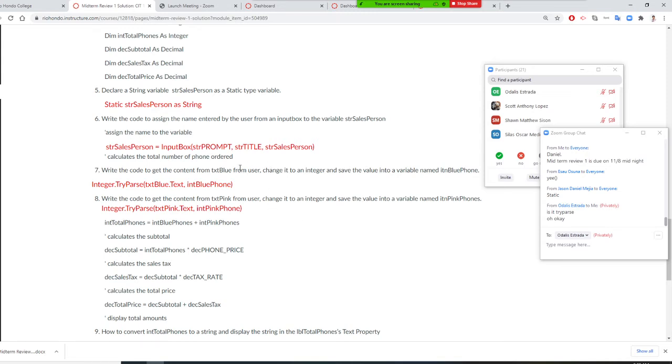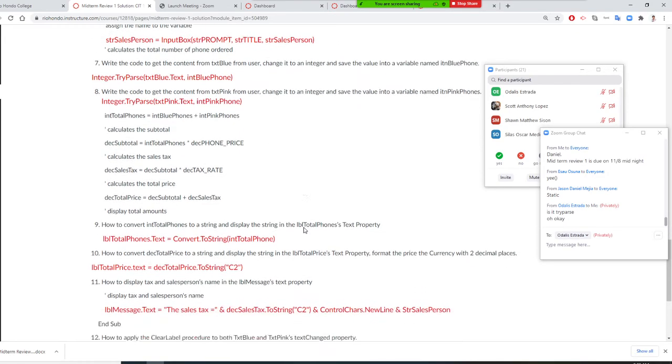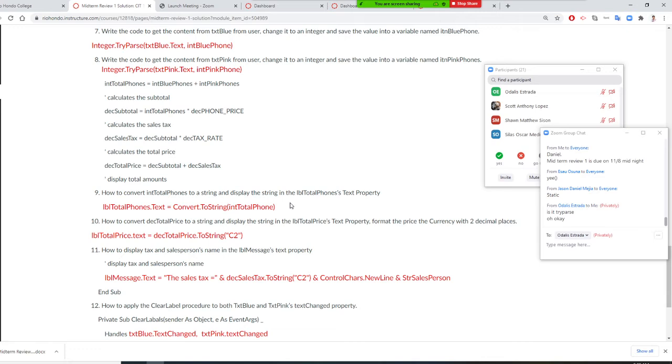So remember, txtBlue integer is integer blue phone. So you must use integer dot tryParse, and from the user interface to the variable. Same thing for pink phone: integer dot tryParse txtPink, from the user interface to the variable. Now we're going to put the integer total phone into the LBL total phone,